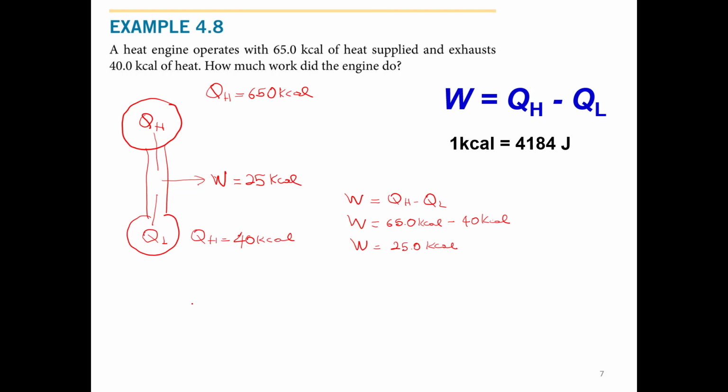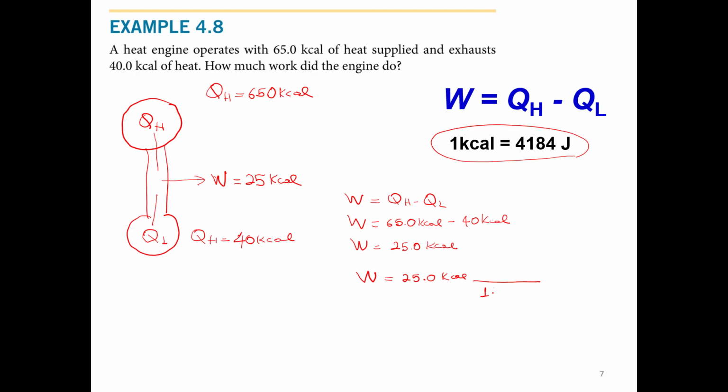Now, usually when they are talking about work, in the book they give the answer in joules, because these are the units of work in the SI system. But we know kilocalories are also units of energy. Let's convert these kilocalories into joules. We can use this conversion factor. Then we had 25.0,